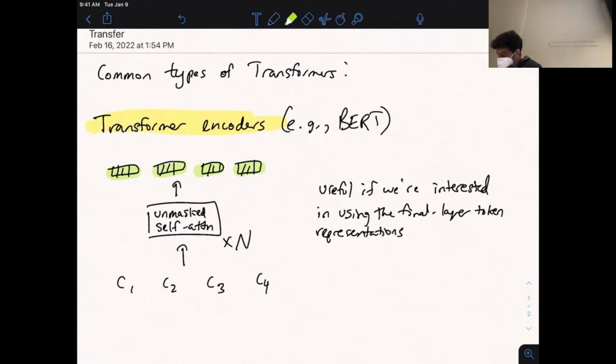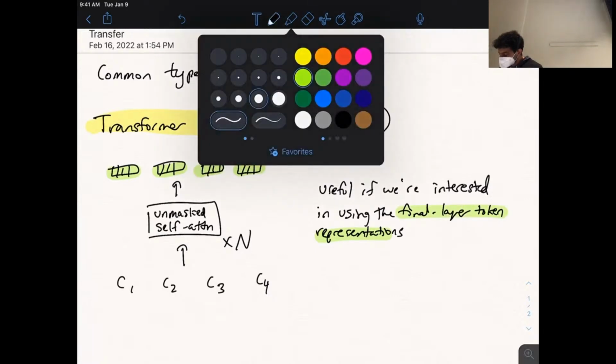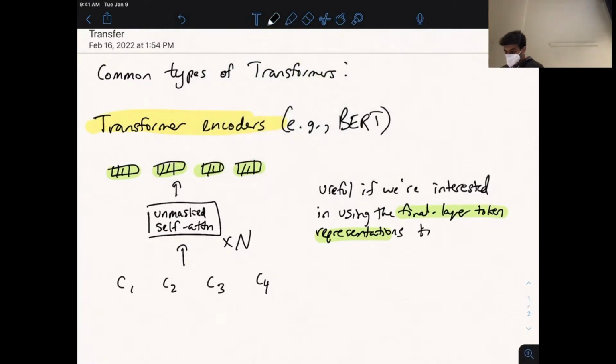So those are marked as these green things in the diagram, to solve downstream